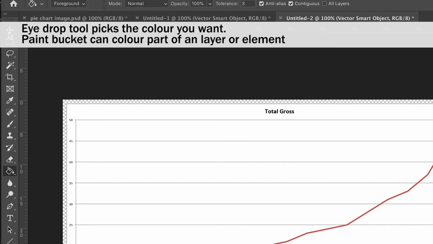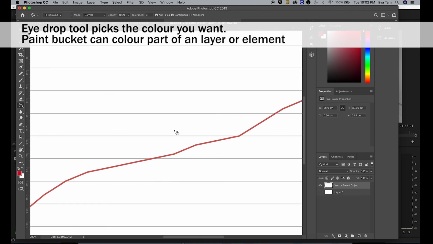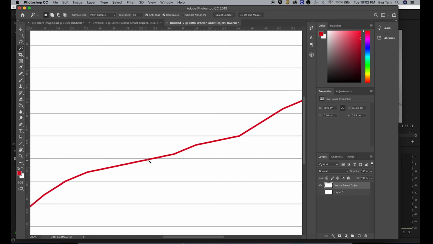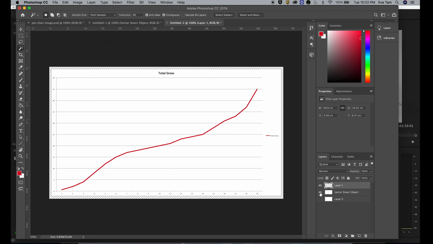So what I need you to do after is click on this paint bucket tool button, and I want you to highlight this line. Basically, I want to change the color. I don't want this specific color, so I'm going to change the color. Okay, and then I'm going to highlight this line because this line is the most important line. Okay, I'm going to copy it and I'm going to paste it. So now if I isolate just that, this is my line.